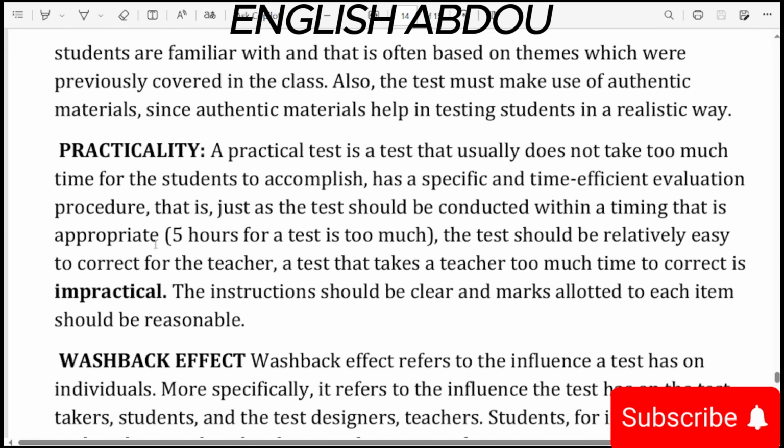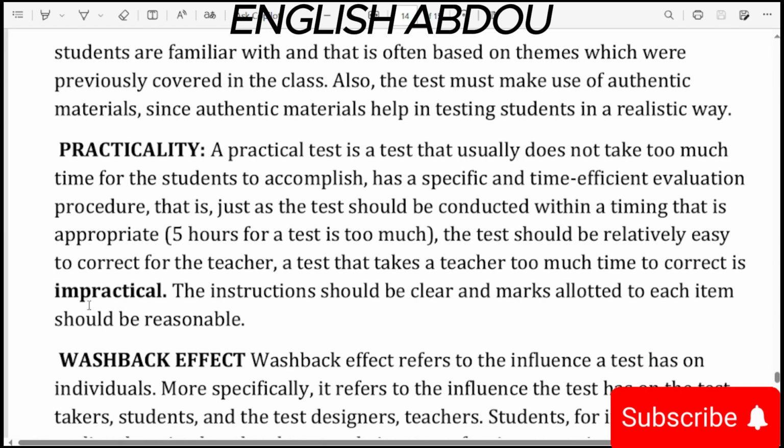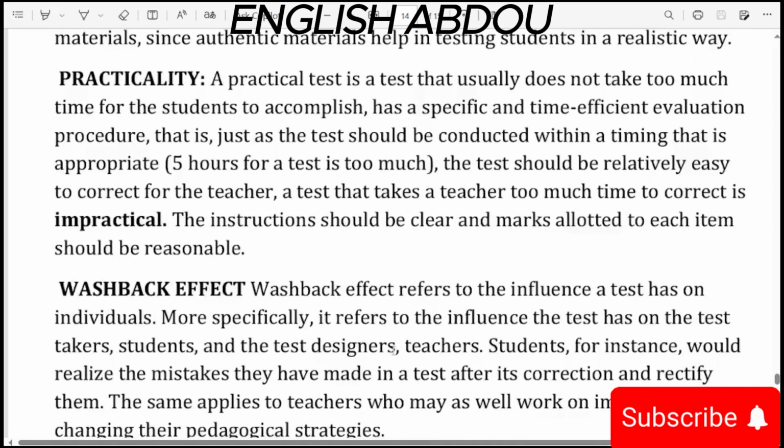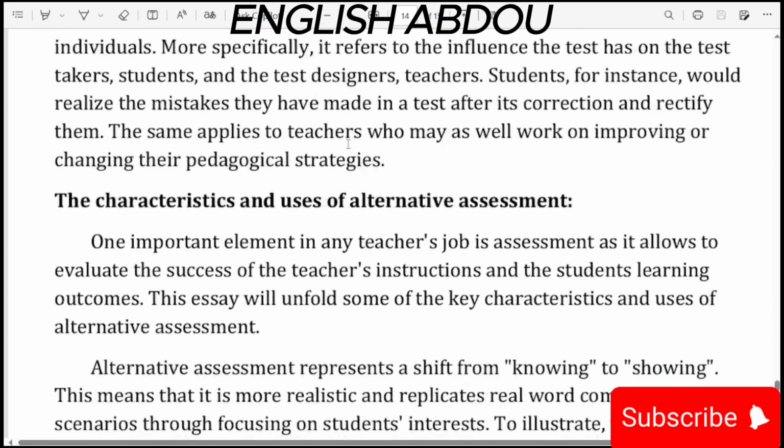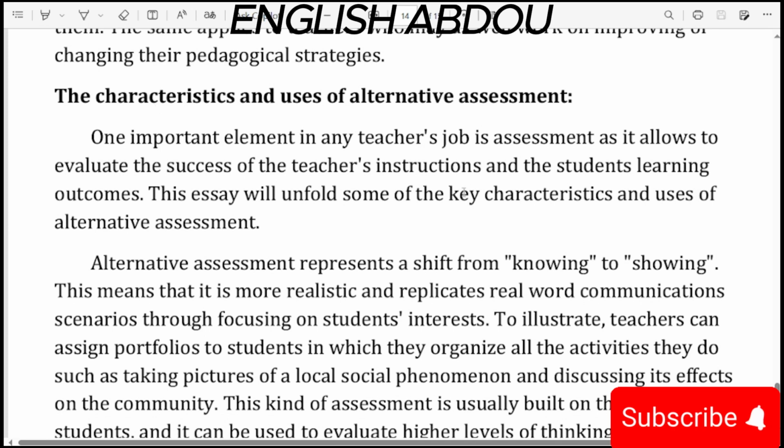Okay, in practicality, the instructions should be clear and the marks allocated to each item should be reasonable. Then the washback effect, the effect that can influence the test, like the national exam. For the national exam, students will not think about anything else except the national exam. Okay, the characteristics. Now this is a type of exam,